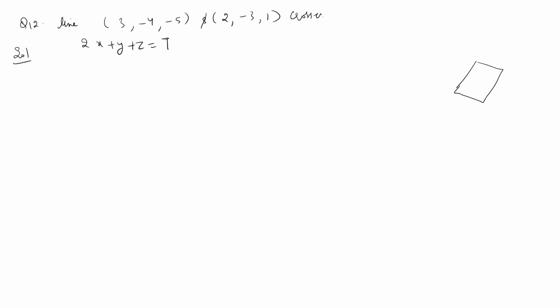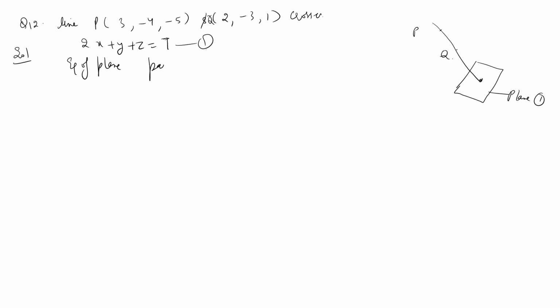Okay, so this is plane 1, which is given here, and a line which is crossing through 2 points, say P and Q. If it is crossing, that means any point on this line satisfies the equation of the plane, because the plane here is given. So the equation of...